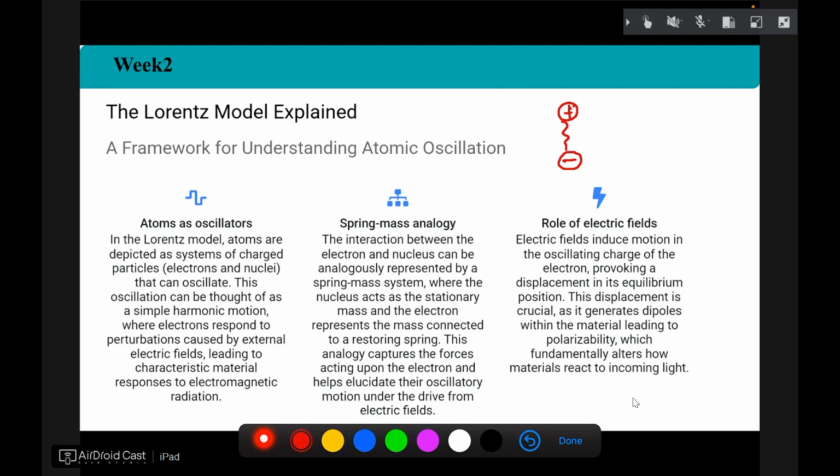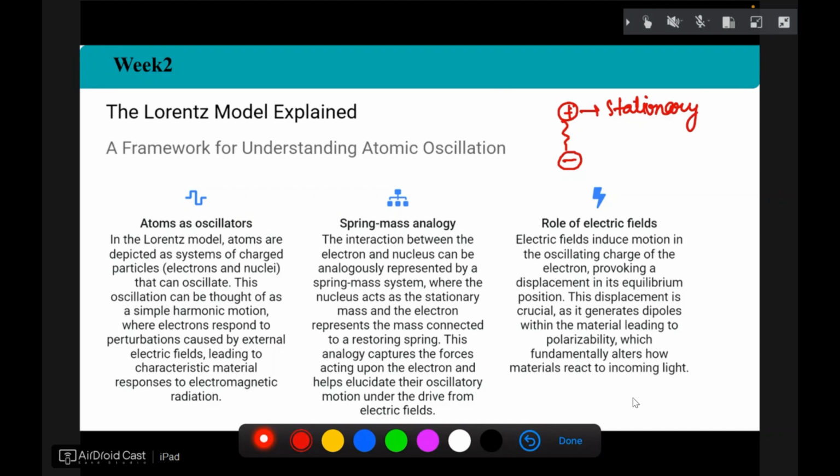This oscillation can be thought of as a simple harmonic motion where electrons respond to perturbation caused by the external electric field, leading to characteristic material responses to electromagnetic radiation. So then how can we understand it? By spring-mass analogy. The interaction between the electron and nucleus can be represented by a spring-mass system, where the nucleus acts as a stationary mass,